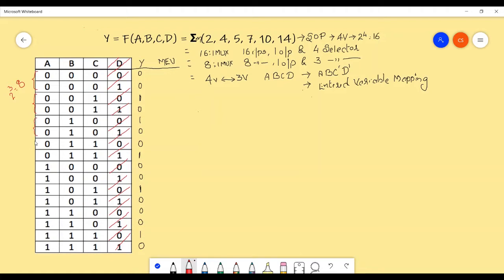This will be 0, 1, 1. This will be 1, 0, 0. This will be 1, 0, 1. This will be 1, 1, 0. And this will be 1, 1, 1. So this is 0, 1, 2, 3, 4, 5, 6 and 7.